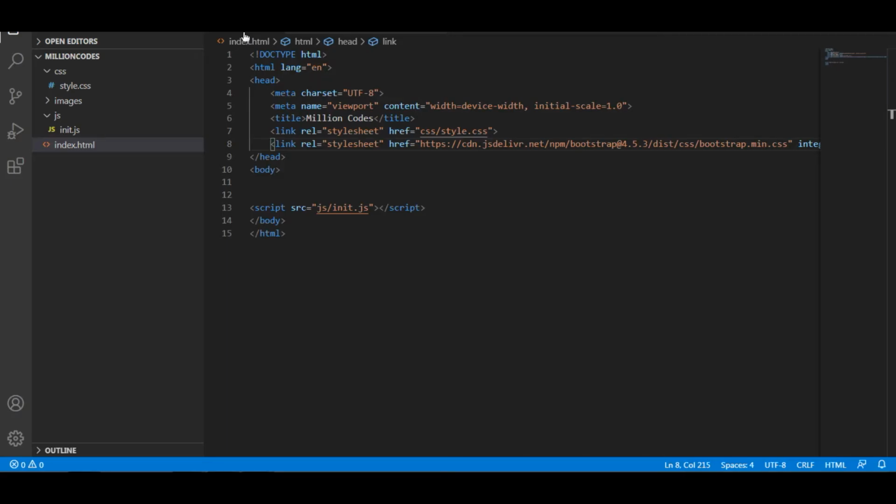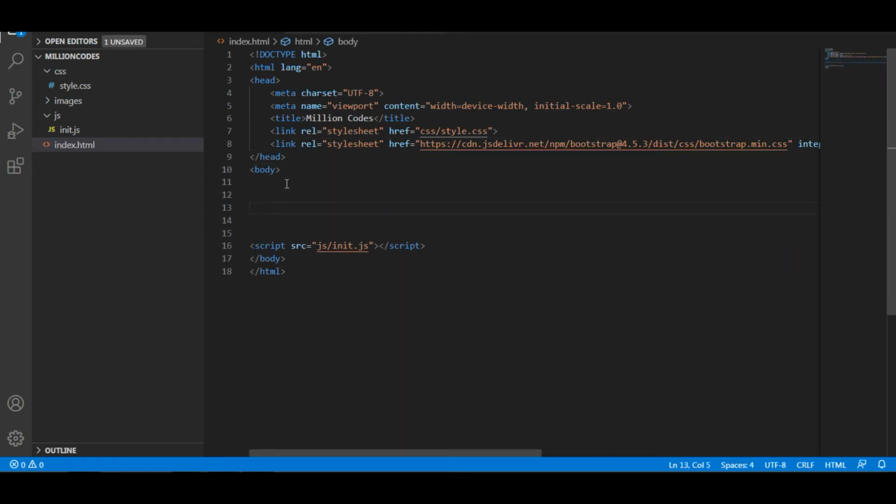First of all, we have said that we are doing this project as an HTML5 website. So in the HTML5 website, we have some tags to represent the HTML5 elements. First of all, we have the header tag.